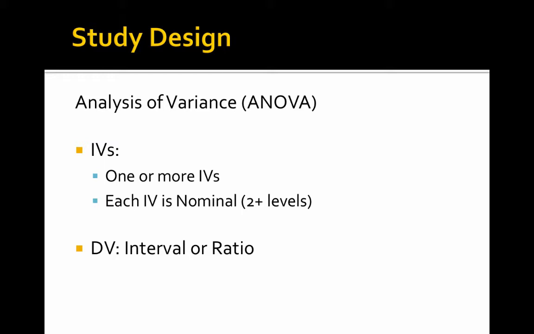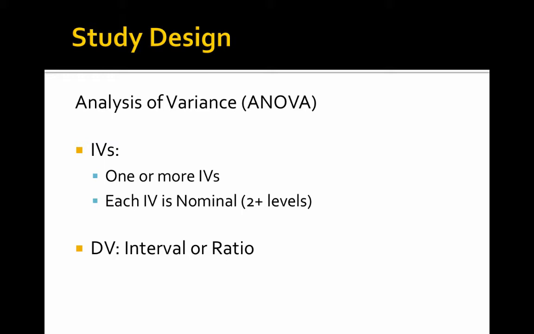that was categorical, nominal if we're using the formal term, and it has at least two levels. It doesn't make any sense if there's just one. In this case, we have one or more independent variables. So we can actually look at multiple independent variables, how they affect our dependent variable, which is going to be essentially a number, either interval or ratio